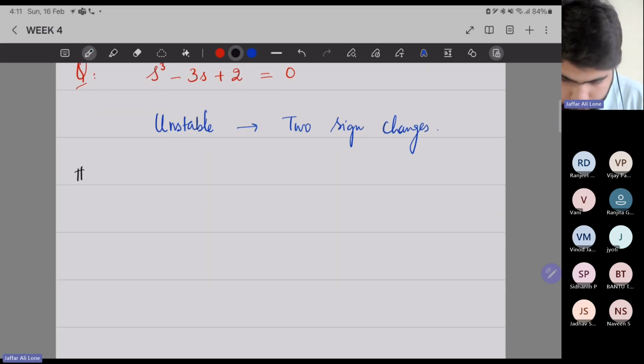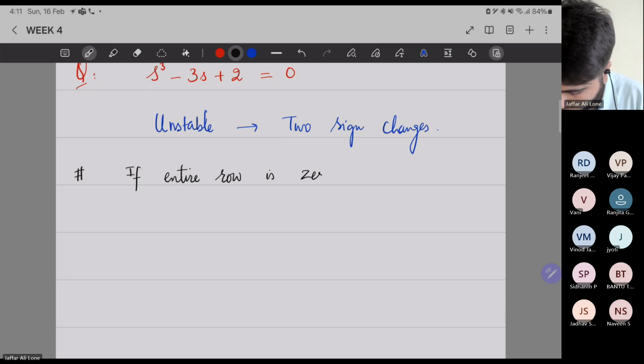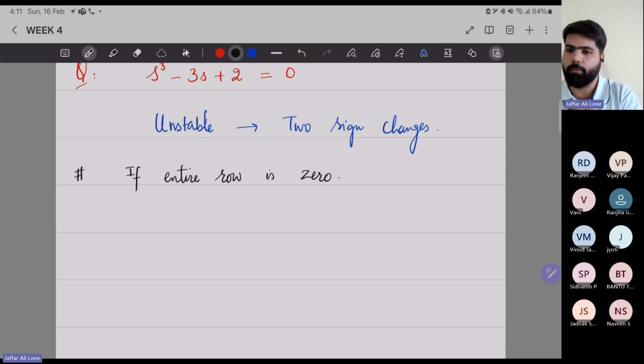Now, let's understand something very important. Sometimes what happens if the entire row is 0? How can you proceed in that situation? Because as of now, we have only understood what happens when there is 0 in the first column. But if you have an entire row as 0, how do we proceed in that case? Then what do we do? Then